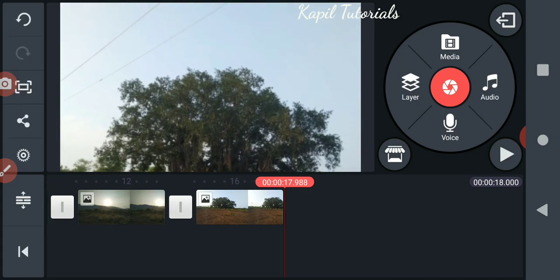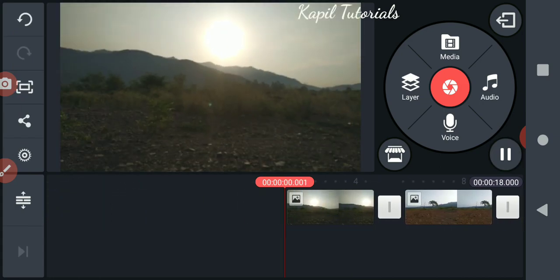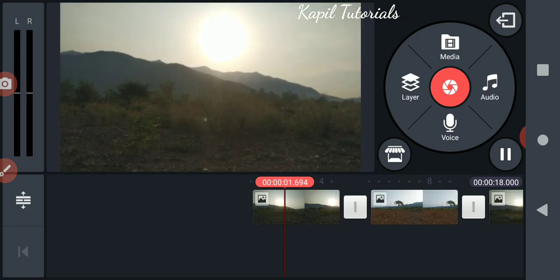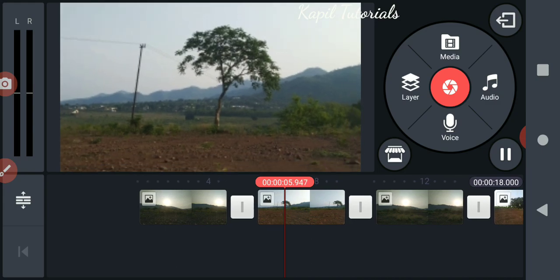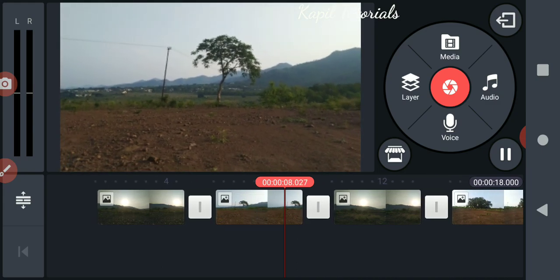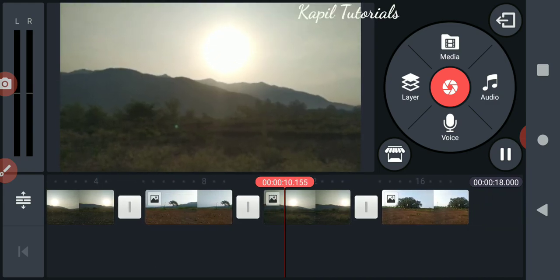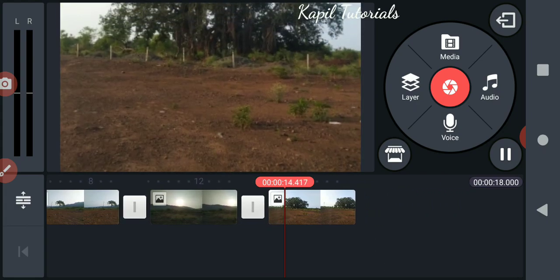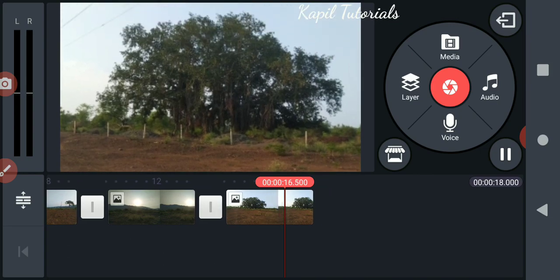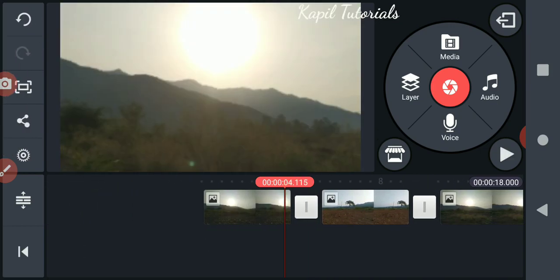So I hope it is clear to you what I have done. It's very easy software, and you will feel it more advanced compared to Viva Video. Plus it supports plenty of layers, and this feature was not available in your Windows Movie Maker.